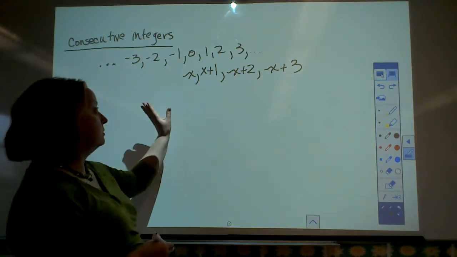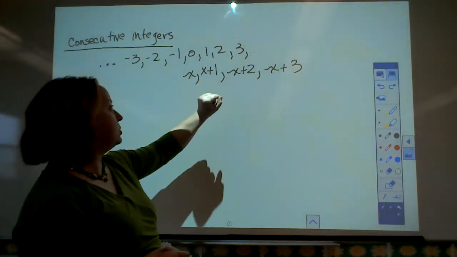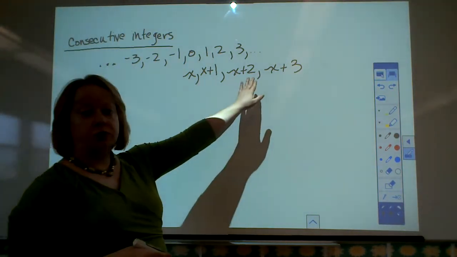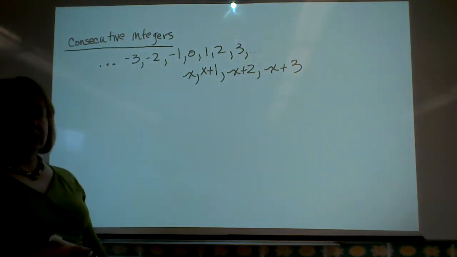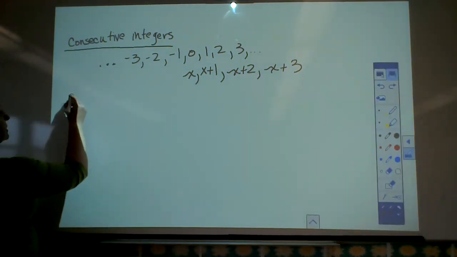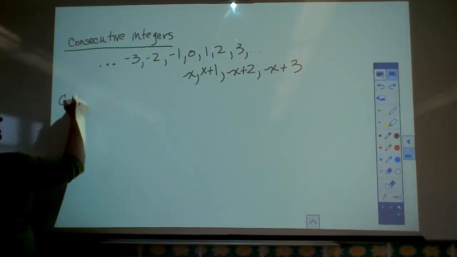If you were to find 2 of them, you'd use these 2. Find 3, you'd use those 3. And to find 4 consecutive integers, you would use 4. It just keeps going. So the next thing we got to talk about is consecutive